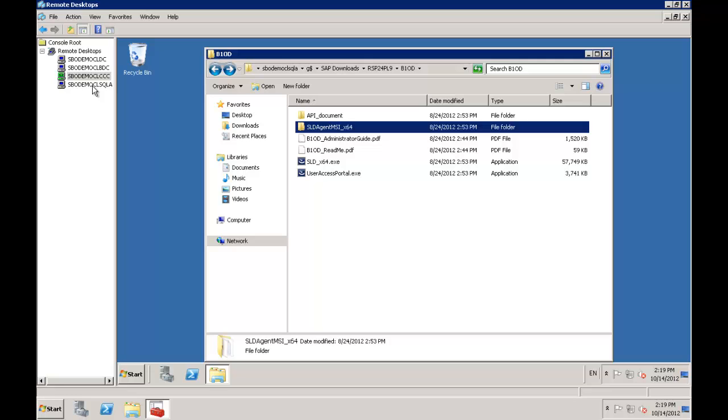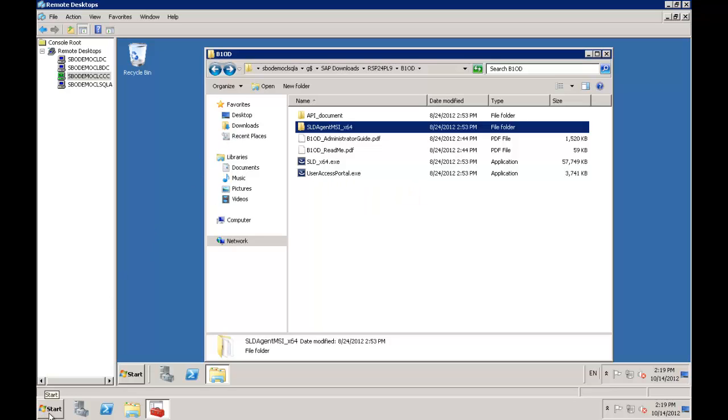Now we provide an example portal, but it's of course all branded up with SAP, so you cannot use that portal. We provide it as an example, and there's documentation which explains exactly how to customize that portal and so on. That's beyond the scope of this session, but I'm just going to install that default portal. So I'm going to want to access this file, and I'm going to want to run it from